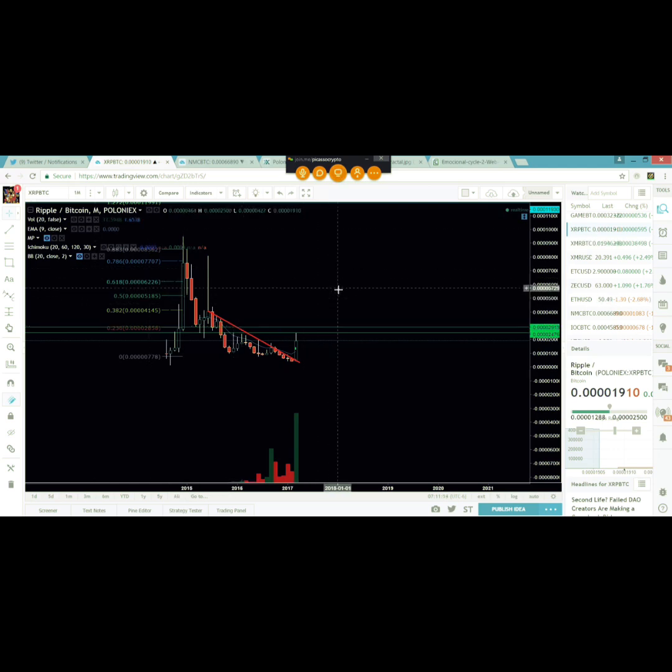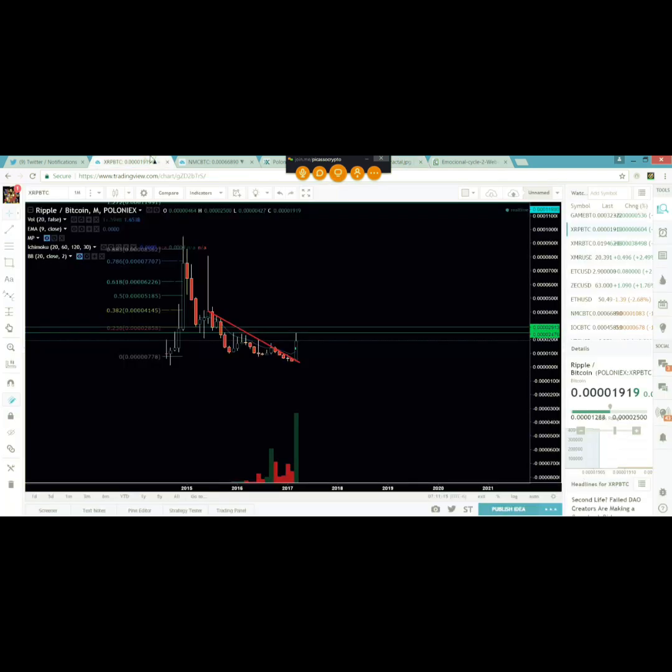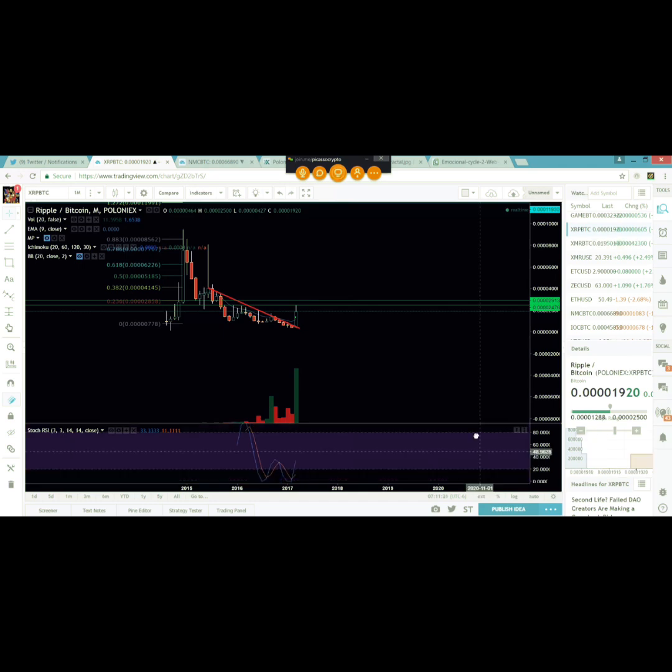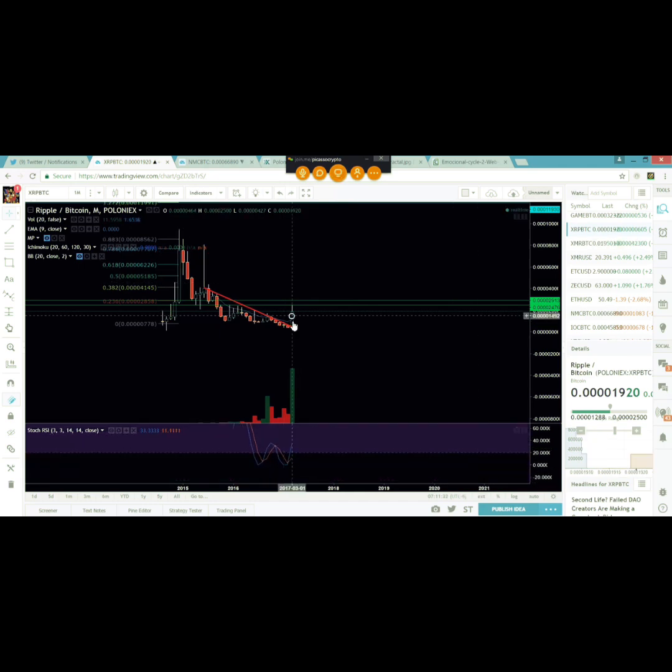But same way, we don't know how that's going to unfold. We just understand that it's going to start its journey by impulsing and retracing in this kind of way. But when we look at the bigger picture here, and then we look at the stochastic RSI strength, well, look at this, guys. With this candle right here and this breakout, you have to understand, this thing spent 670 days in a downtrend. All right, 670 days in a downtrend, to the point where it was common that people were calling this coin cripple because it wasn't going anywhere.